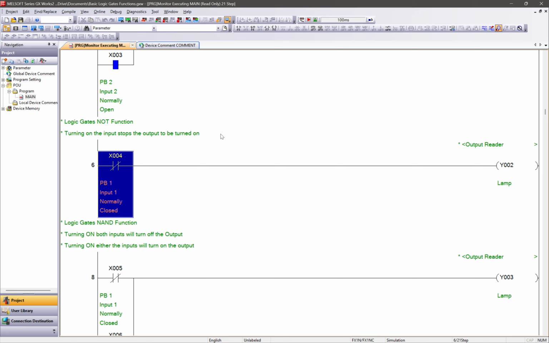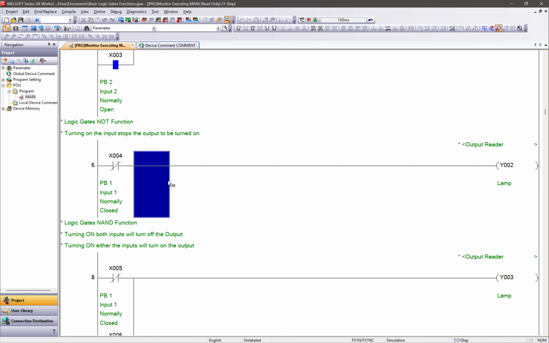The switches, or the inputs and outputs, can be used by the function buttons. In here, the normally closed contact is function 6 or F6, and the output Y002 is coil, which is function 7 or F7.